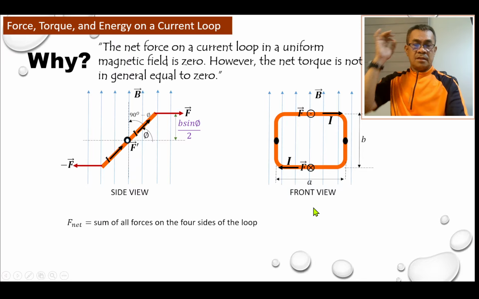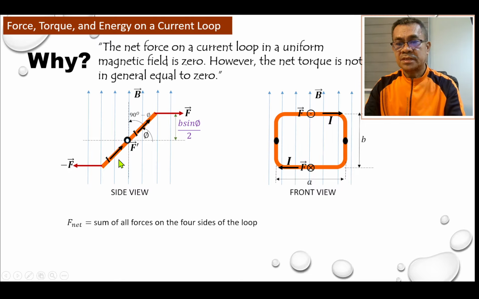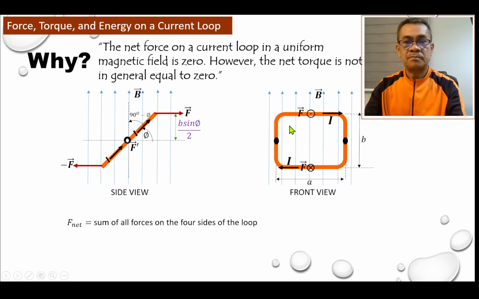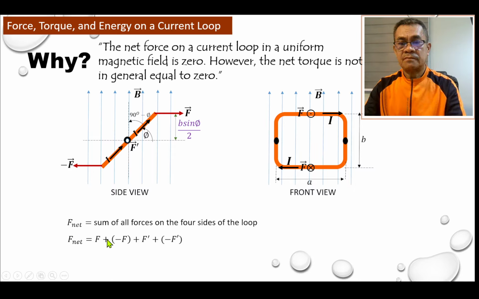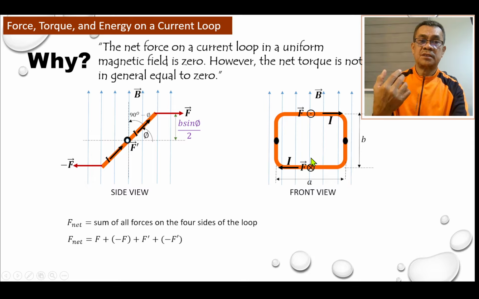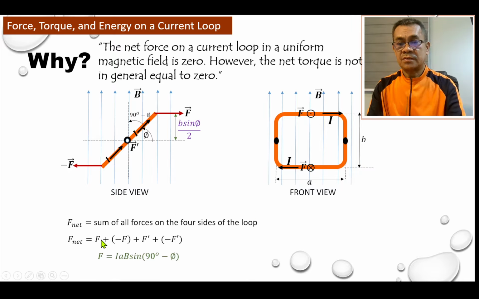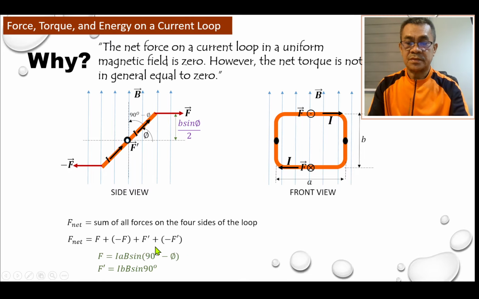Okay, so if you sum up all forces in this part, take note that we have this to the right and we have to the left. So to the right is F, to the left is F. Remember that they have the same length, so whatever magnitude here is the same magnitude here. So therefore, F plus negative F plus A prime. A prime means this one, the force, this one is A prime and this is A prime. One is outward, while this one is inward. So if you sum up the two, the sum should be equal to 0. So confirm that the net force is equal to 0.